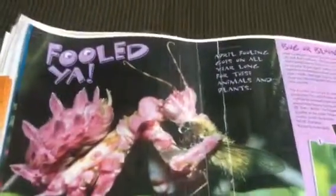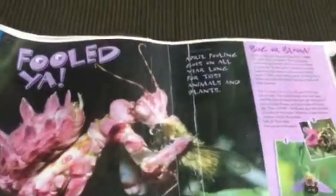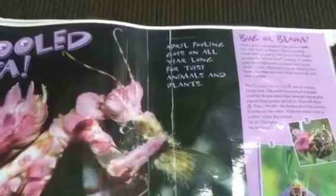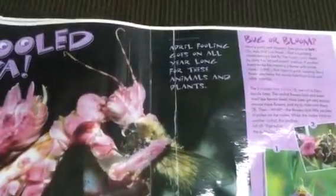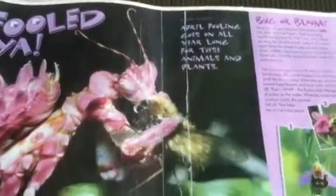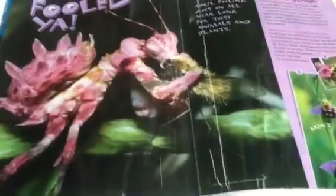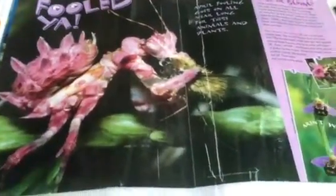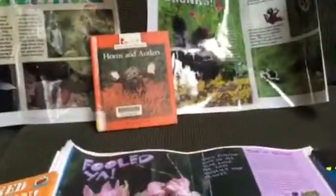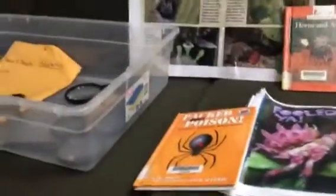There's one whole story that came from, I believe, a Ranger Rick called Fooled Ya, that's about animals and plants that have adapted, and it says April Fooling goes on all year long, and so these are examples of how plants and animals fool other potential predators to stay safe and to stay hidden and to stay alive. So as always, go over this kind of stuff first,